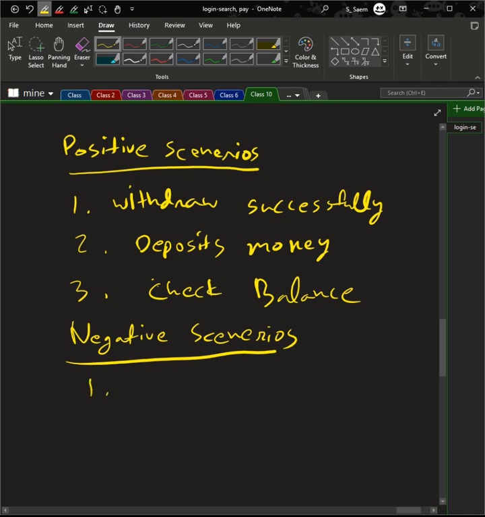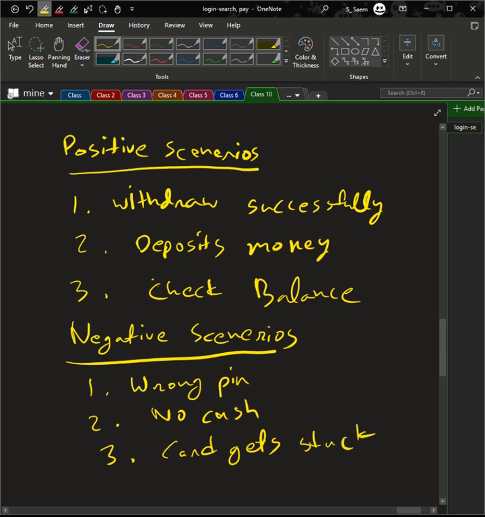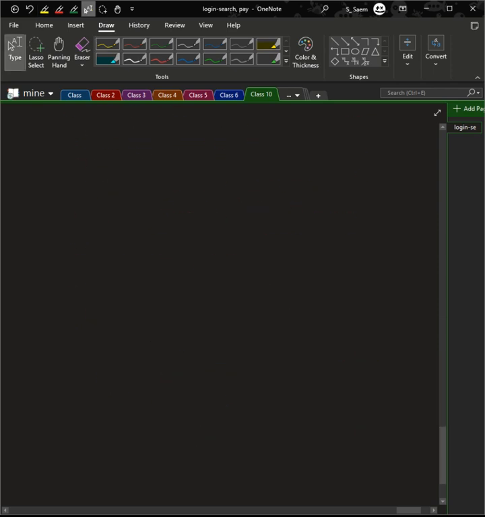Here the user enters the wrong PIN. Then the ATM runs out of cash, no cash. Then the card gets stuck in the machine. Each of these scenarios will have specific steps, expected outcomes, and test cases to ensure that the